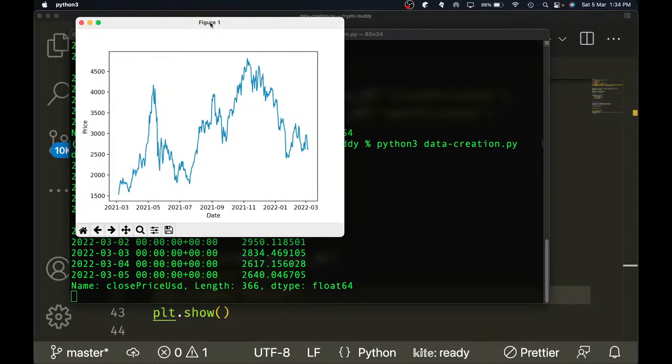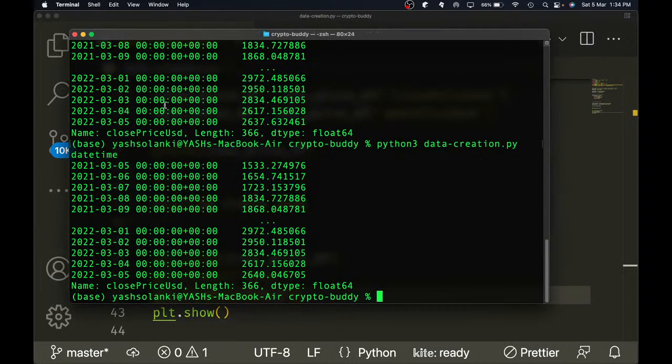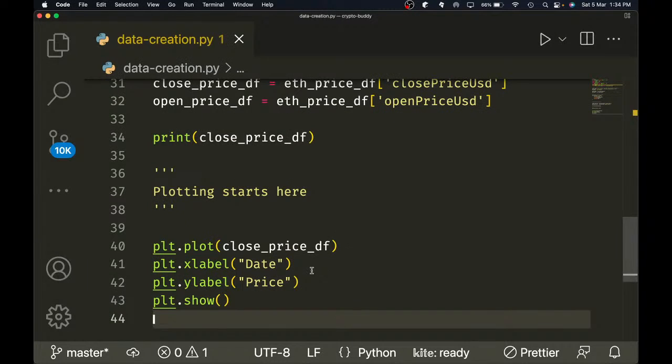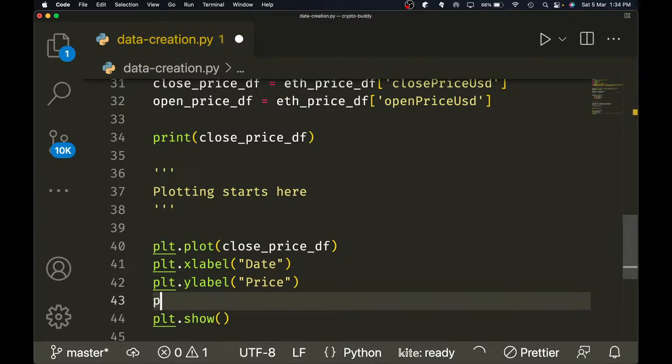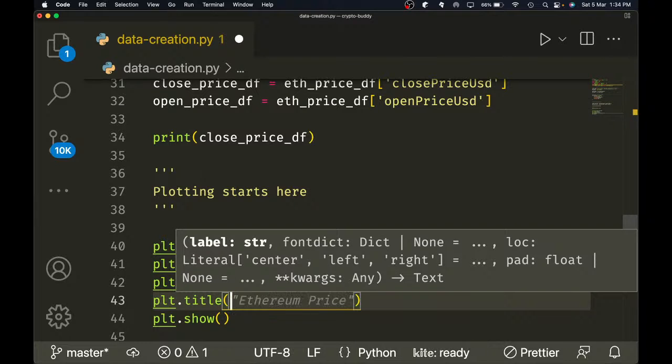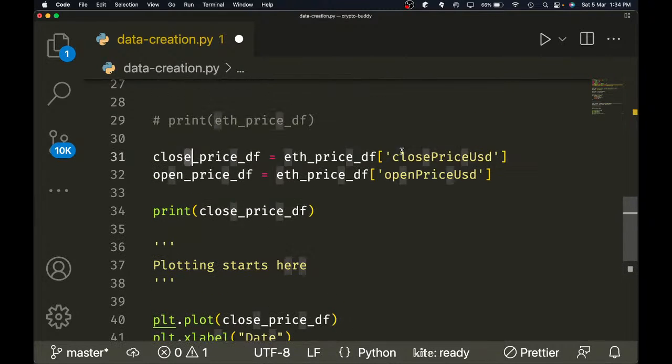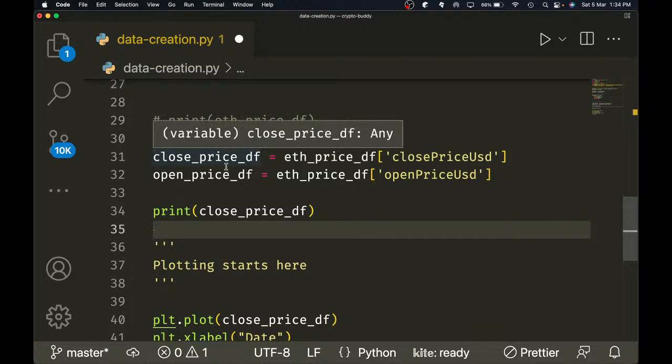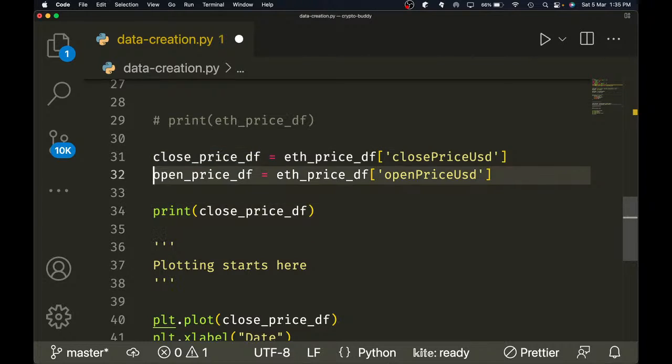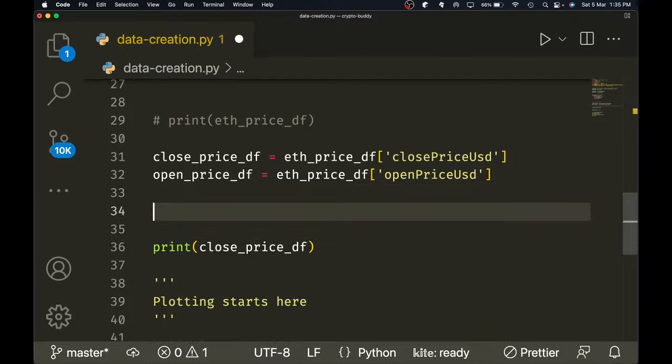Awesome, it's working. Perfect. So as you can see over here, now we also wanna have a title. So I'm just gonna say plt.title, and I'm gonna get the mean price. Now basically the trick is, you wanna buy below the mean price and you wanna sell at the max price, obviously, because that's how you maximize profits. So I'm gonna get the mean price now, so you can get an idea how Ethereum has been doing over the year and how it is doing right now. So I'm just gonna say mean close price